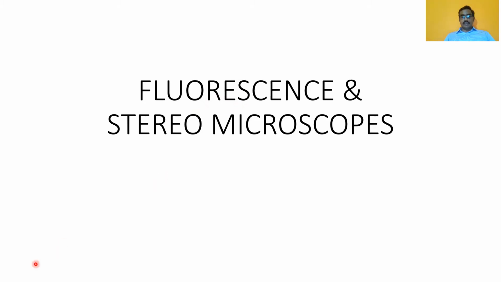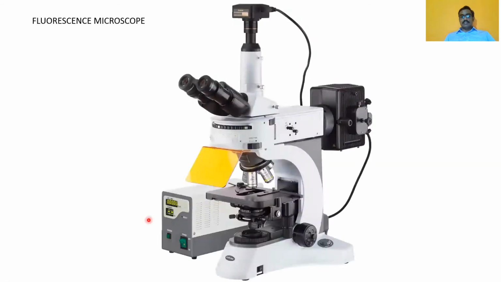In this lecture, we'll try to identify how these two microscopes work. So this is a simple general look of a fluorescence microscope. As you can see, it looks like a compound microscope. Most of its parts look like a compound microscope. You have a light source here. You have a condenser iris system here. You have a mechanical stage with a slide holder here. You have your objective lens here. You have your eyepiece here. It's a trinocular microscope, so you have a camera as well here.